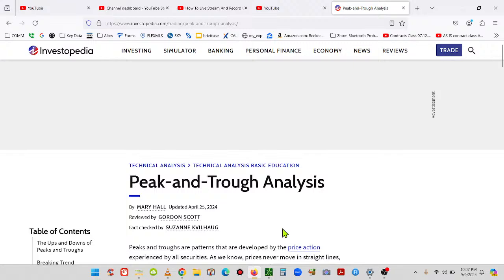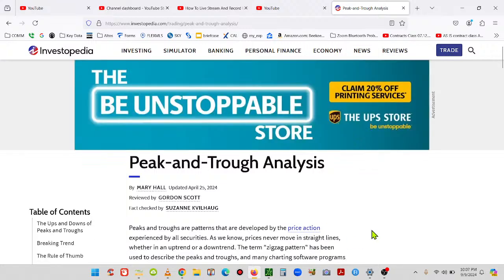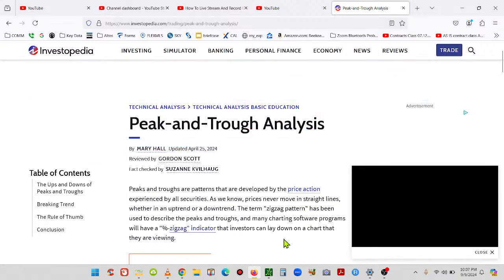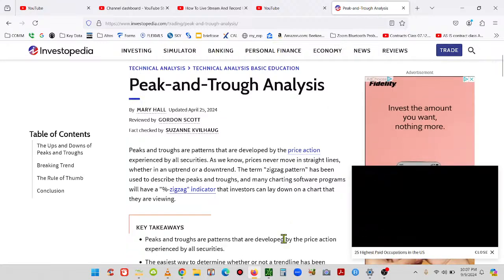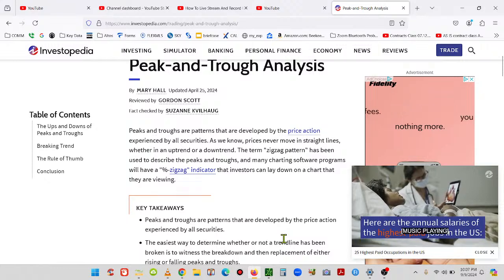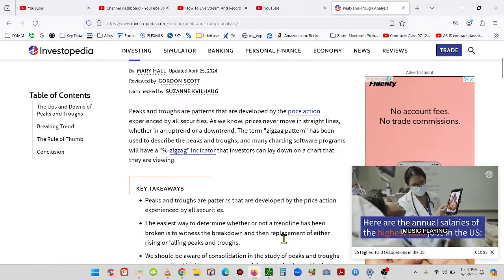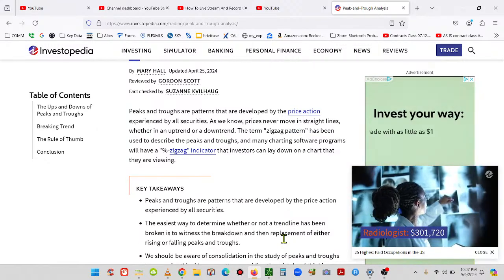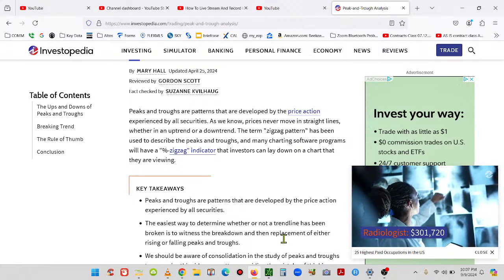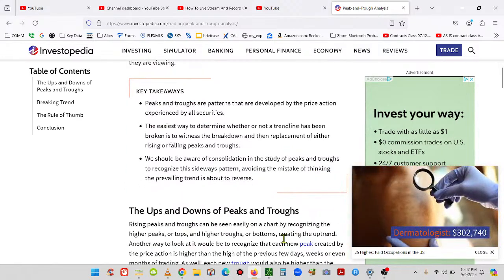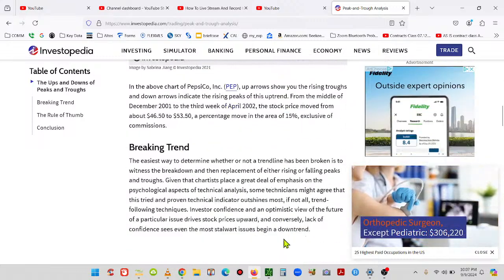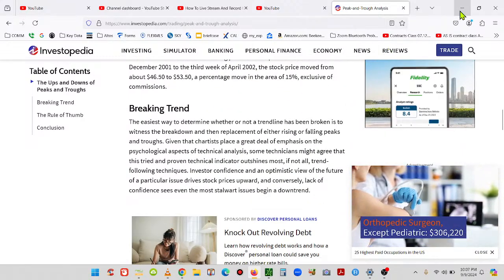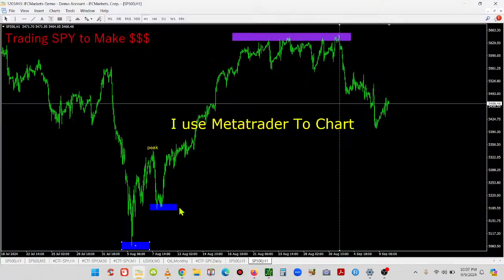Peaks and troughs are patterns that are developed by price action experienced by all securities. As we know, prices never move in straight lines. Whether in an uptrend or downtrend, the term zigzag pattern has been used to describe peaks and troughs. So let's just look, what are we talking about in a peak and trough? You could go ahead and read that if you need to, but